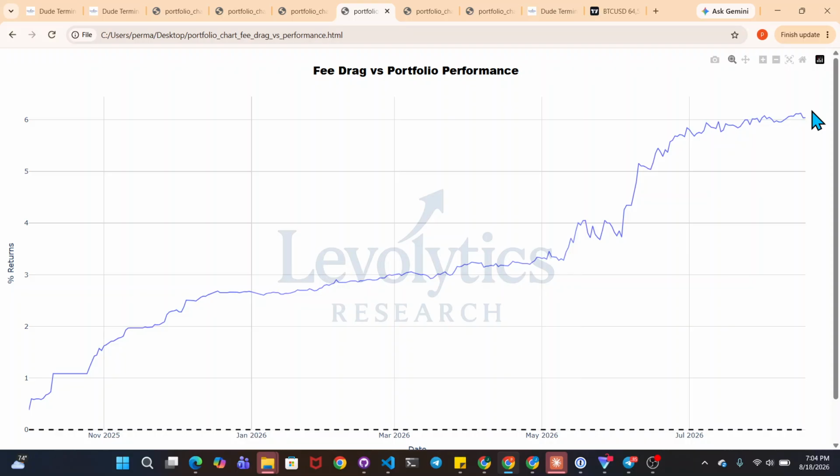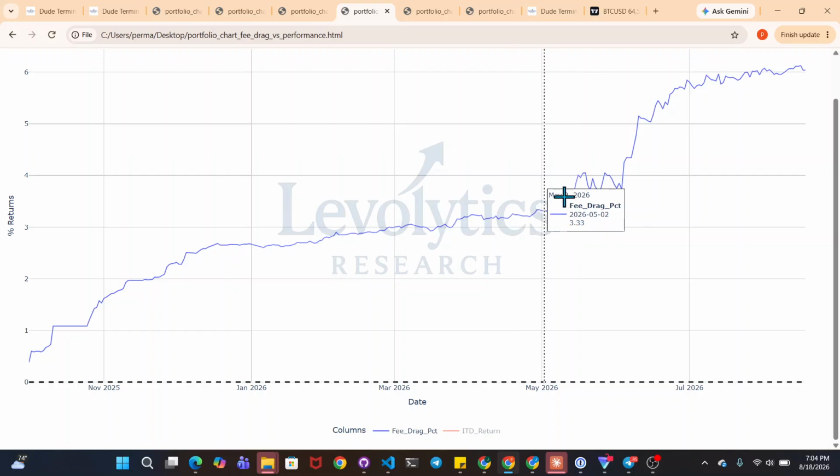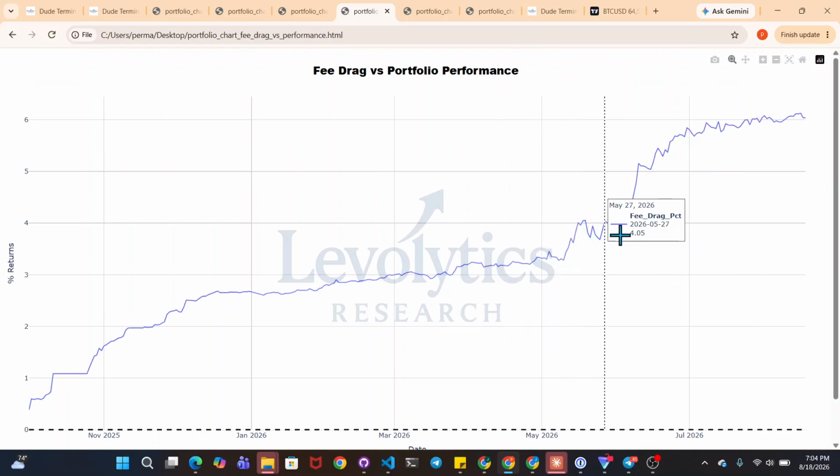What 6 means is that the total number of trading fees I've paid equals 6% of my current total portfolio value, which is not great, right? And also it spiked a ton starting at the end of May. The reason why that happened is because A, I traded a lot of volume, and B, the portfolio value went down a lot, right? So the numerator went up a ton and the denominator